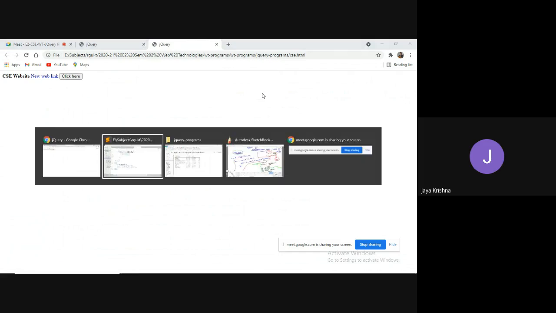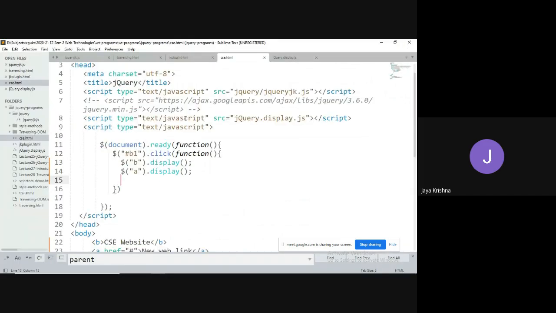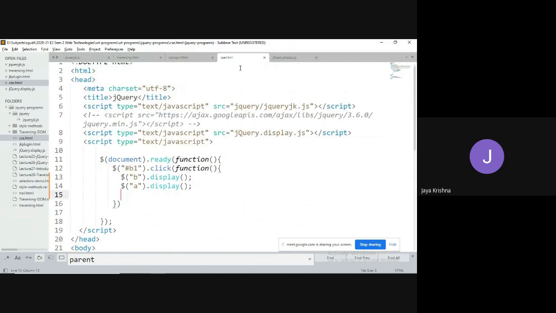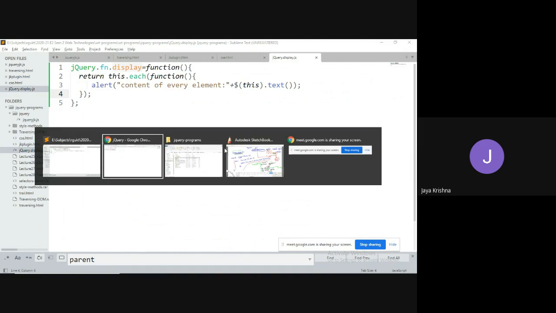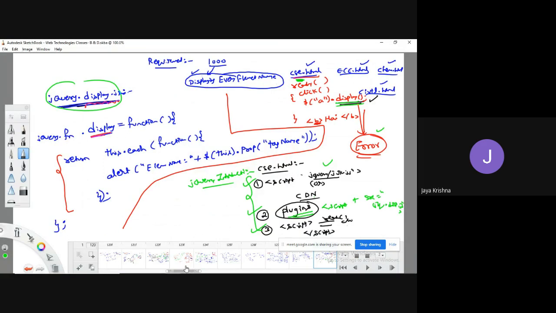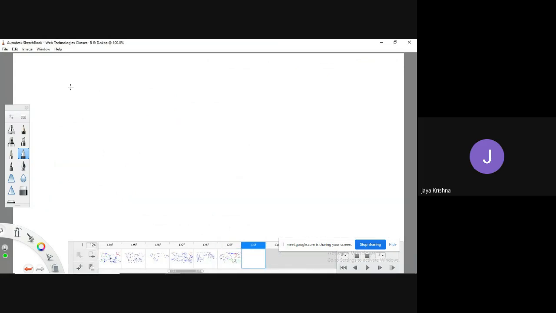Like this, if I have 1,000 students, even though I'm having 1,000 HTML files, by just simply calling the display function, there is no need to write the entire code. I hope you understood, guys. What I'm going to conclude here is, I have created one kind of plugin, jQuery.display.js, which is a plugin.